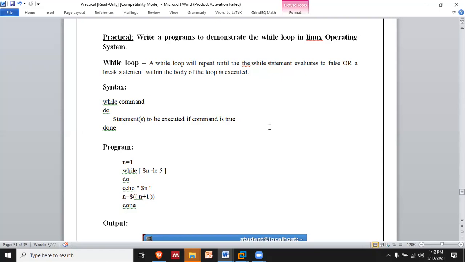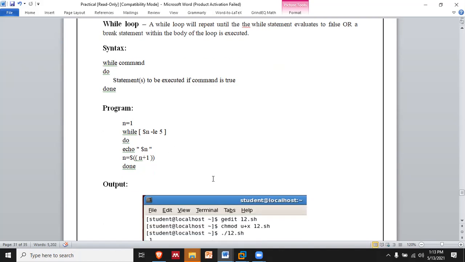So here we have a process where we are saying while $n, which is going to be replaced with the value 1, is -le less than 5, do echo. What we are doing is echoing the value of n, and then n becomes n plus 1 over here.